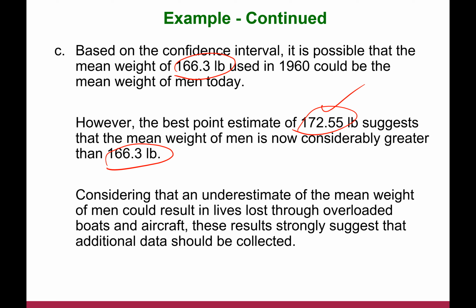Considering that underestimating the mean weight of men could result in lives lost through overloaded boats and aircraft, these results strongly suggest that additional data should be collected. Probably conduct a new research study, come up with a survey or a poll, get the sample data, and